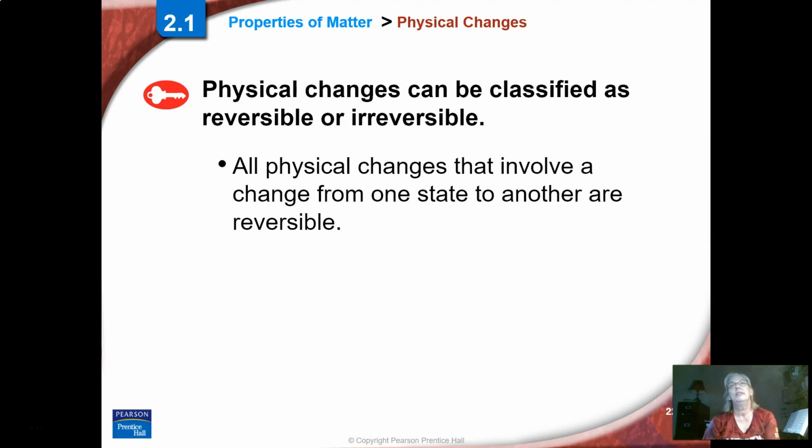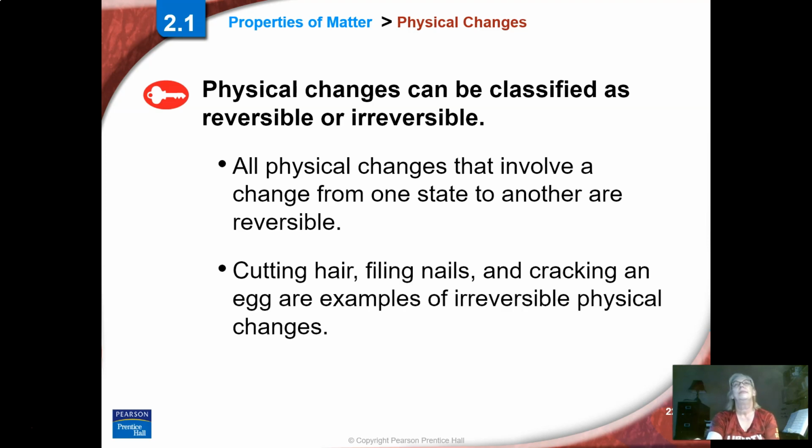We can take ice and melt it and turn it into a liquid. We can heat it up some more and turn it into gas. And then we can cool it, and it'll turn back into ice. So that's a reversible change. A reversible physical change. But if I cut my hair,